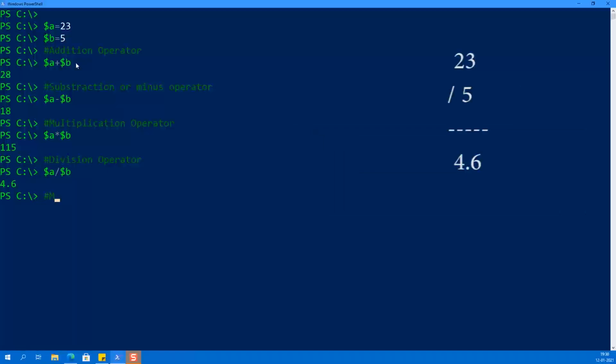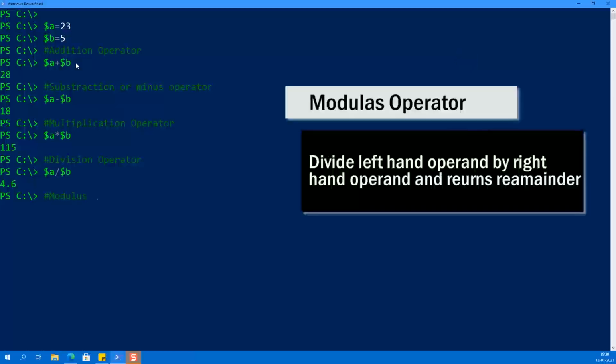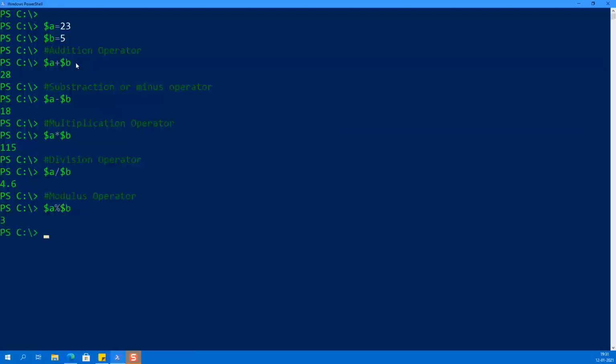And finally we have the modulus operator, which will extract the remainder of the division operation. So $a modulus operator $b. If you divide 23 by 5, you will get 3 as the remainder.